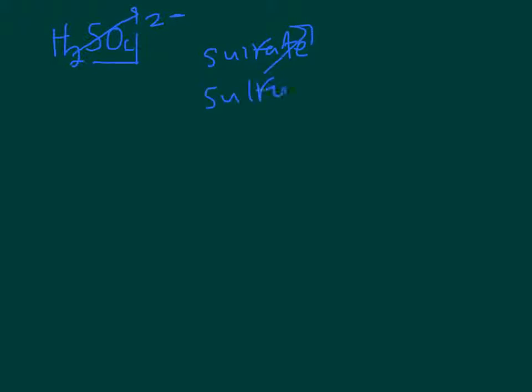Let's do some with some more interesting anion endings. How about H2SO4? Oh, poor Billy. He drank H2SO4 and now he is no more. So we look up SO4. There's a little hint as to where it came from. That 2 came from there, so it's in the 2- group of your pink sheet, and it is sulfate. All we do with this is change the ate to "ic." We got to change the spelling a little bit to make it sound better. Sulfuric